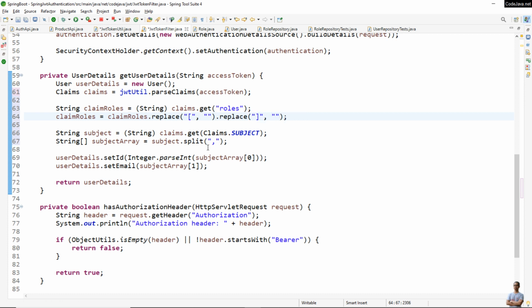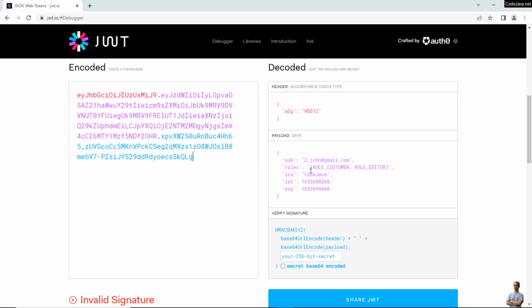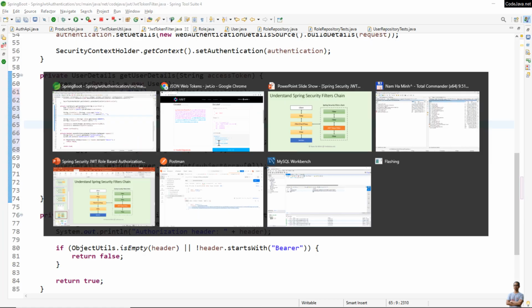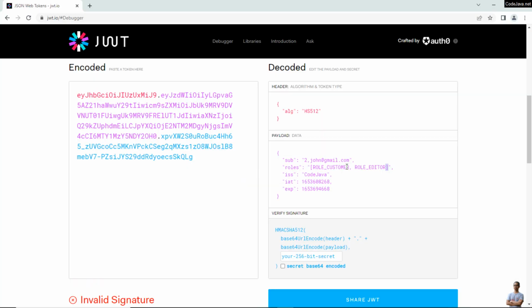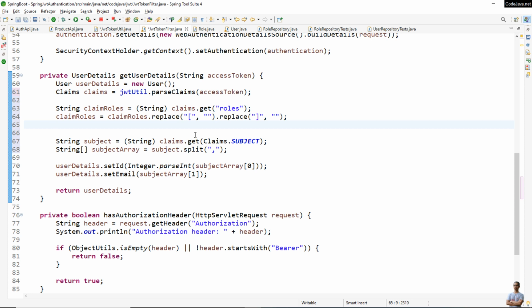Okay, so we remove the opening and closing square brackets, and then we split the string with the delimiter being the comma to get individual role names. So next, claimRoles.split, delimiter is the comma, and assign the return value to an array of string roleNames,